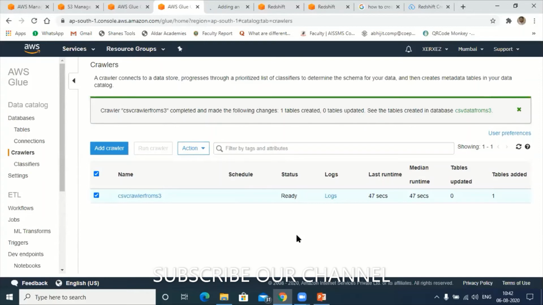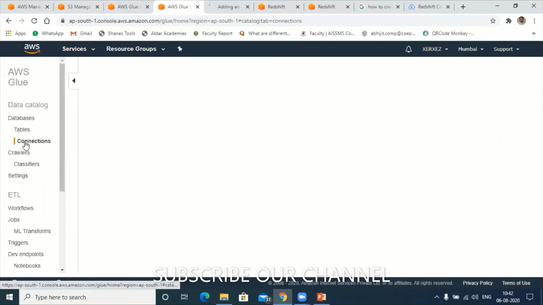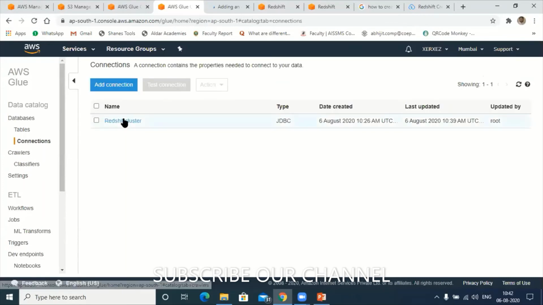Okay, so completed. Now after the crawler, next let's go to connections. Let me cross-verify the connection. Here I have mentioned Redshift JDBC. Here we have made some mistake. Okay, the IAM role.